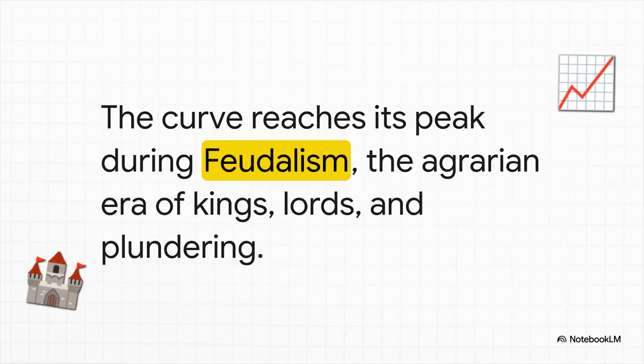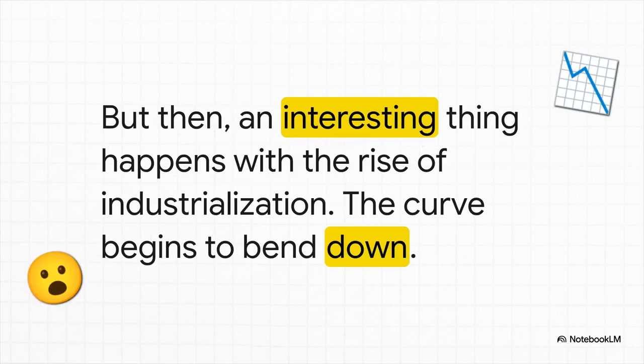So this trend just keeps on going, right? Inequality gets worse and worse, and it finally hits the absolute tippy-top peak of the curve during the agrarian age. Think feudalism. You got kings and lords on top, and pretty much everyone else at the bottom, with a tiny elite controlling, well, everything. But right when things look their absolute bleakest, when inequality is at its maximum, something totally unexpected happens. The industrial age kicks off, and the power dynamics of the world start to flip upside down. The curve, it actually starts to bend back down.